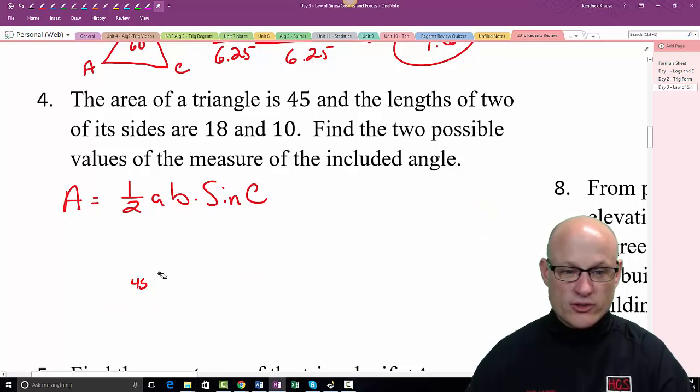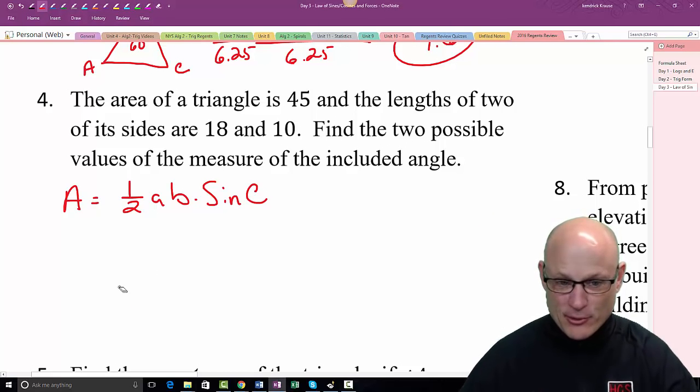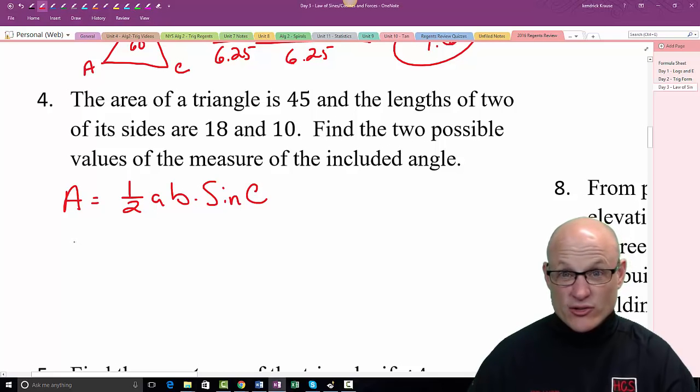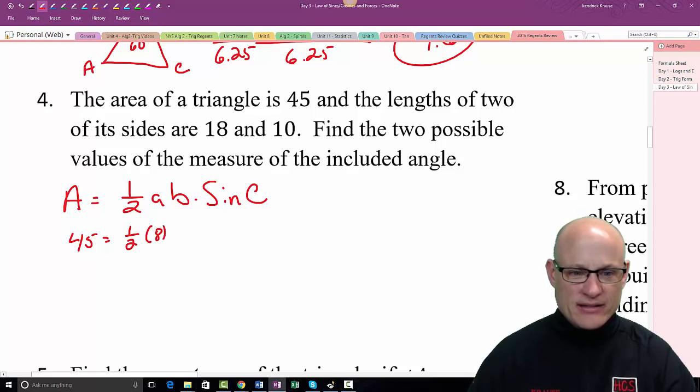So what we're going to do is this. It's very simple. We're going to solve for sine c, and then we're going to just solve for c. So my area, 45, is equal to 1/2 times 8 times 10 times the sine of c. Well, half of 8 is 4. 4 times 10 is 40. So I end up with,